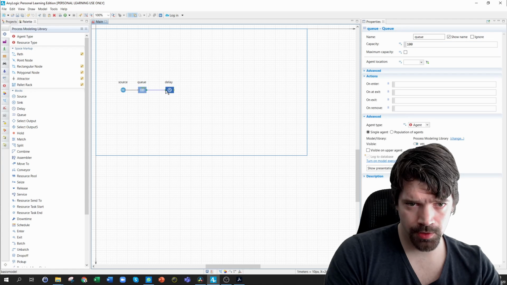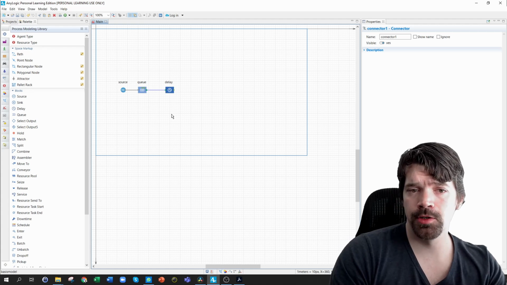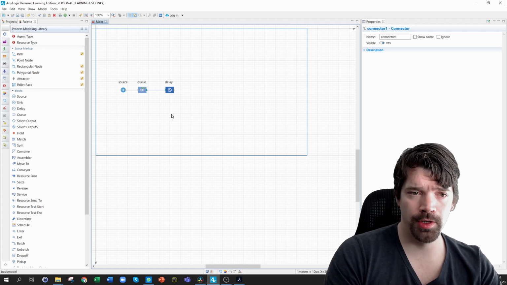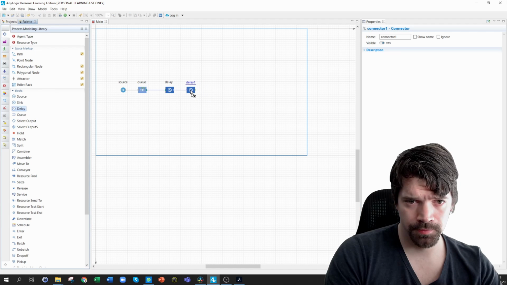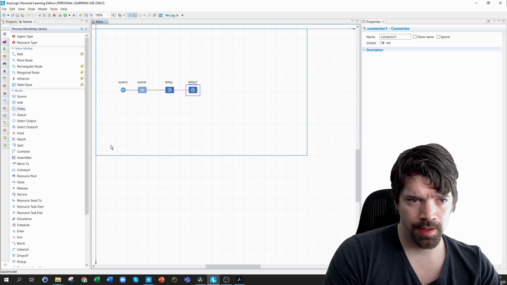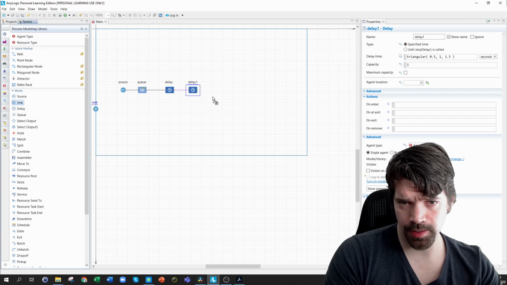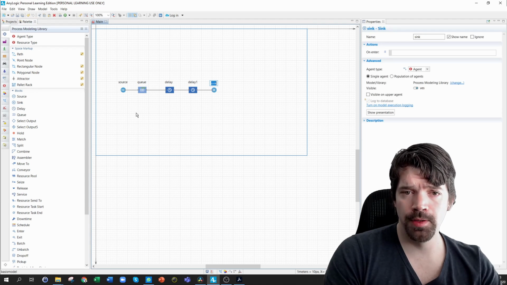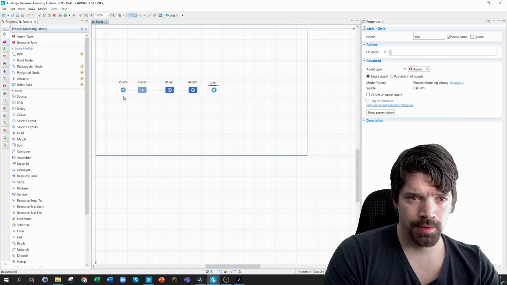And then you make the connection with just a click to the enter port of the following block. And we need again a delay block. And the final part, system boundary, is a sink. And we are going to rename those blocks according to the outline. The source,